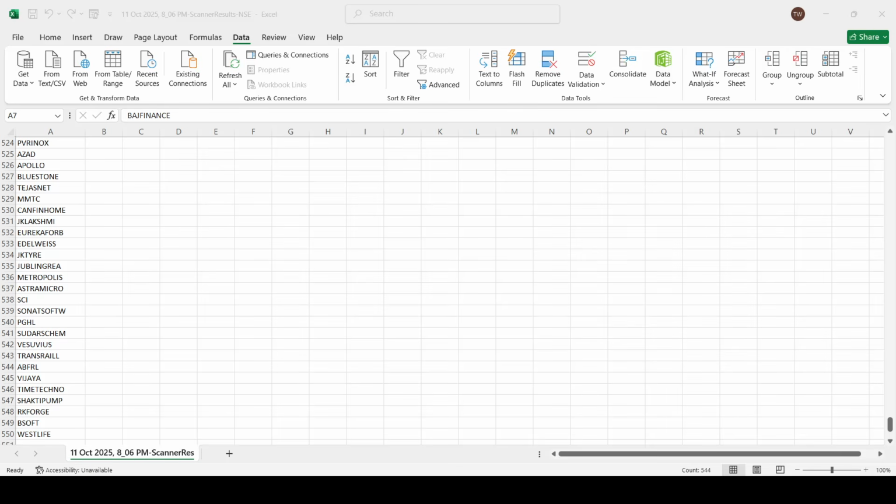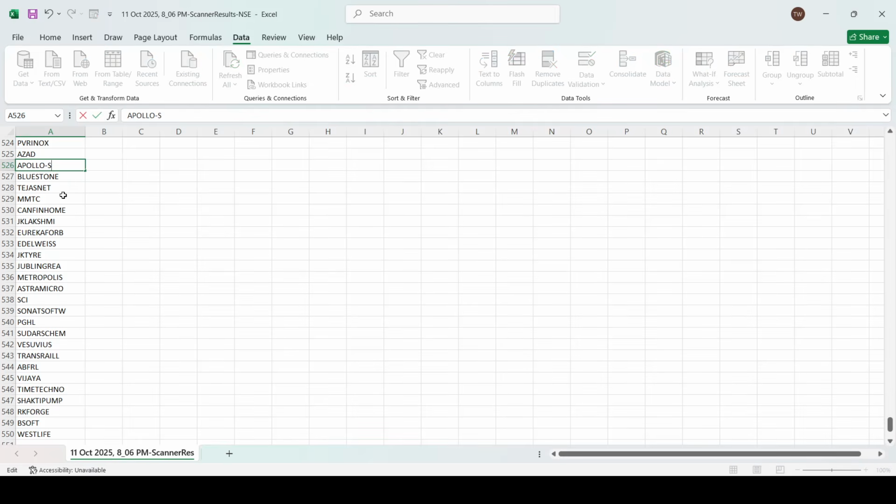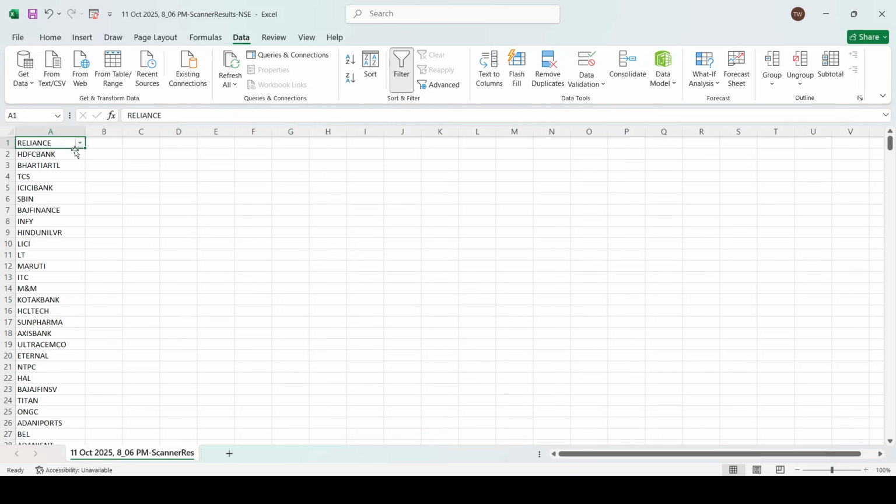So is there a way to filter out SME stocks? SME have minus SM and minus SZ, those you can filter out. Not through radar, you have to do it in Excel. Suppose it will have like this SM. So what we can do, go into the filter, text filter,